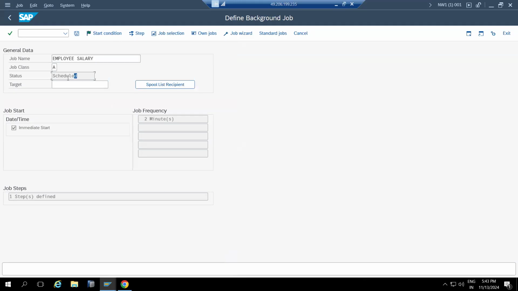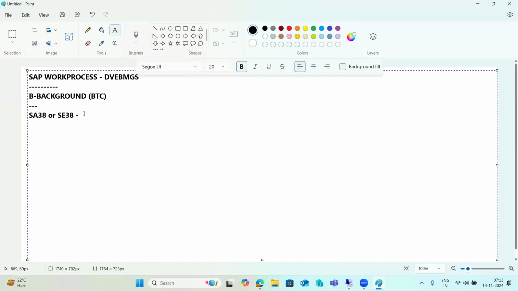Now the job is in the scheduled status. Once you assign the timelines and click on the save button, it will come to the released status. Job status is released. Released means the job will be executed. So the status of the job is like a